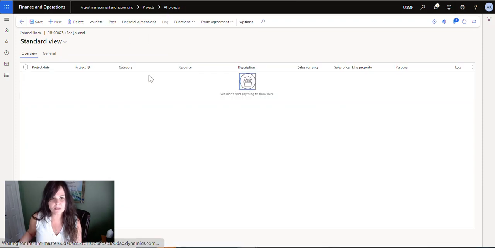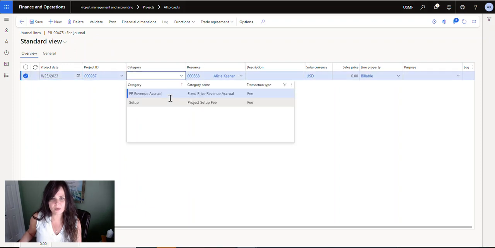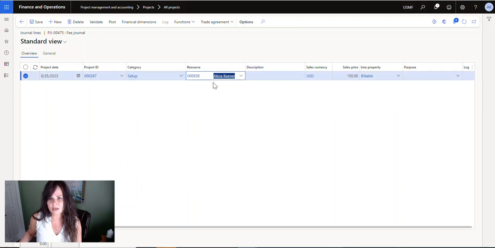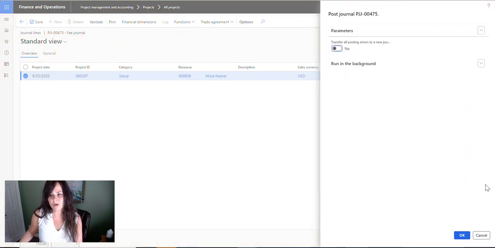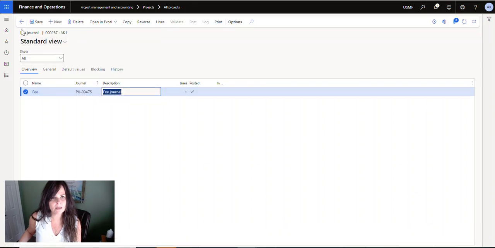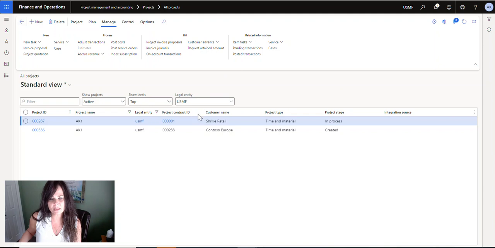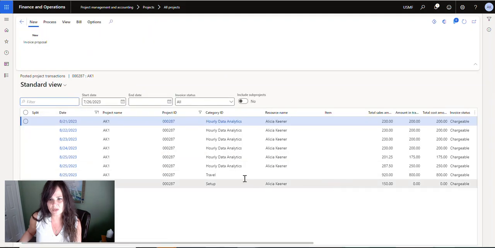So we're going to click on lines and click on new. Again, there's a project. We're going to pick our category, and again, there's set up for this too. It doesn't have to default anything, but it can. We'll just leave it at that, $150, and post, and okay. And now when we go back and look at our project, Manage, Posted Transactions, we should have a fee journal here,